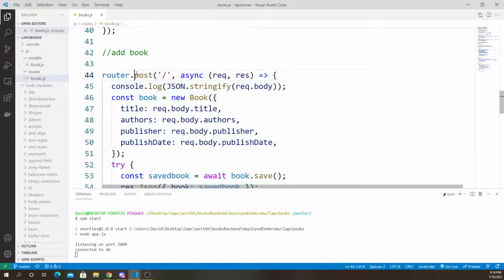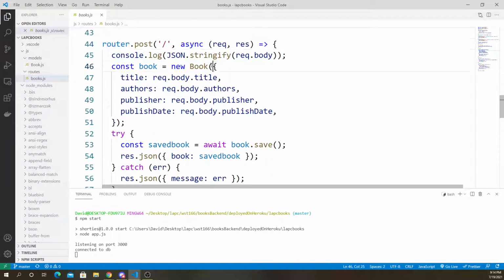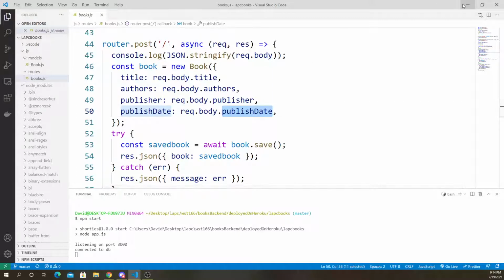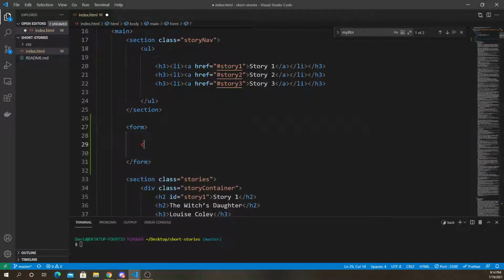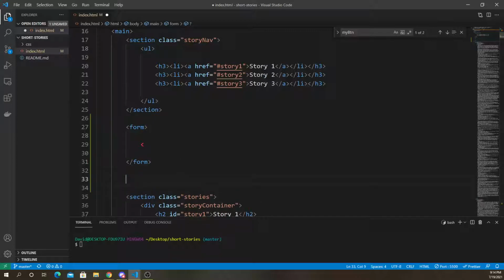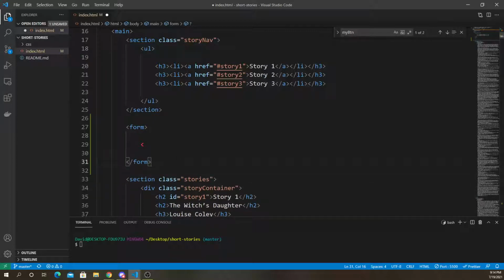If we send a post request, we're gonna send this body along with it, which is gonna have the request body title, request body author, request body publisher, request body publish date. Okay. So this request body, that's gonna be sent from here, like through some JavaScript. We're gonna submit this form. When the form is submitted, it's going to run a JavaScript function that's going to